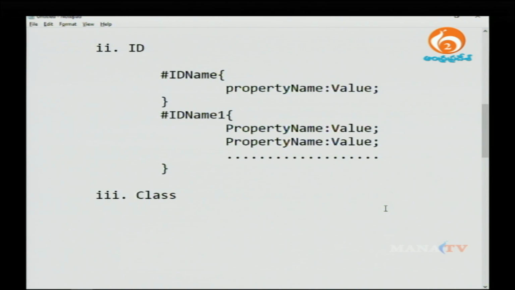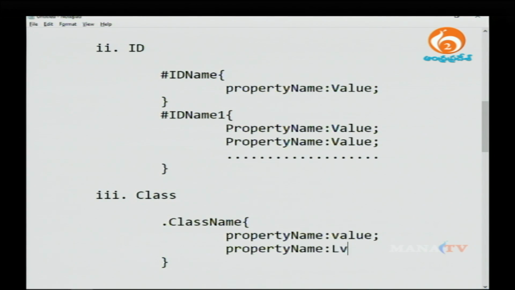Okay. What is the next one? The next one is class. It is also the same, but it will start from dot followed by the name of the class. It is again a user defined class name. You can give any name whatever you want, say property name and respective value to this. Okay. Then again property name, you can give respective value to it. Okay. So, again class name,